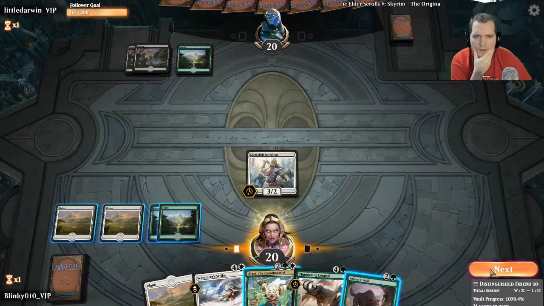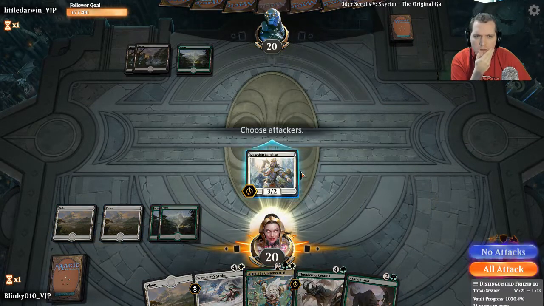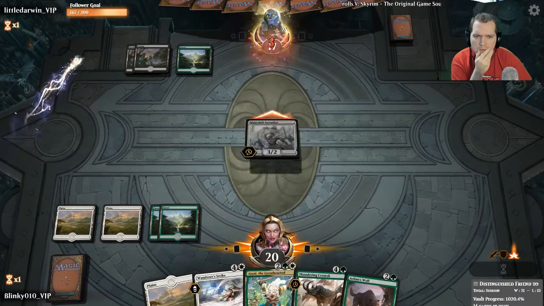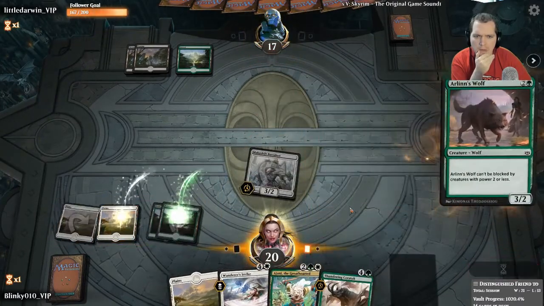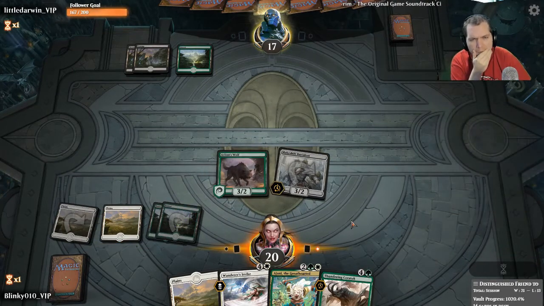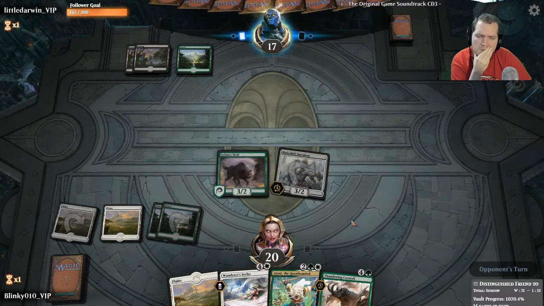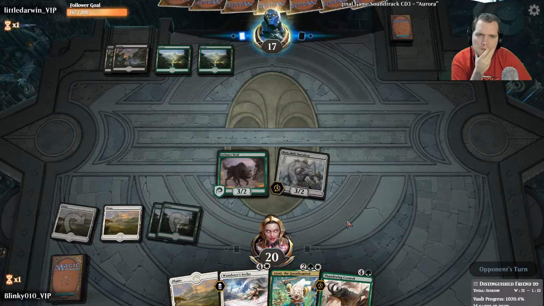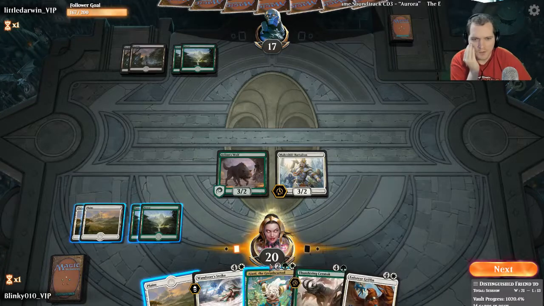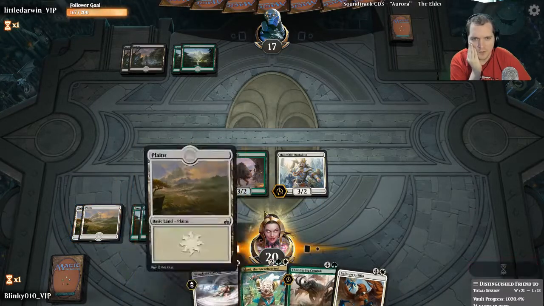Well, I think I swing and play an Arlen's Wolf. If they play Vraska, what am I doing? I guess I don't have to worry about it. Man, I keep just drawing creatures. I want to get this a Johnny down, but if I keep drawing these sweet creatures, then